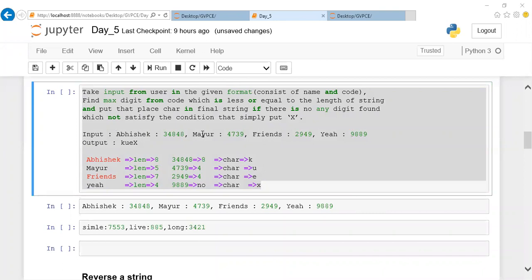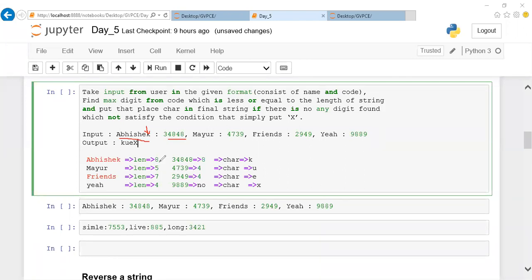Harsha, here a string is given. You're supposed to take the string and find its length, and an integer is given. If the length is there in the integer, just take the character at that particular position. If the length of the string is not there, find the value in the digits which is less than or equal to the length. If you find that digit, then take this particular digit.